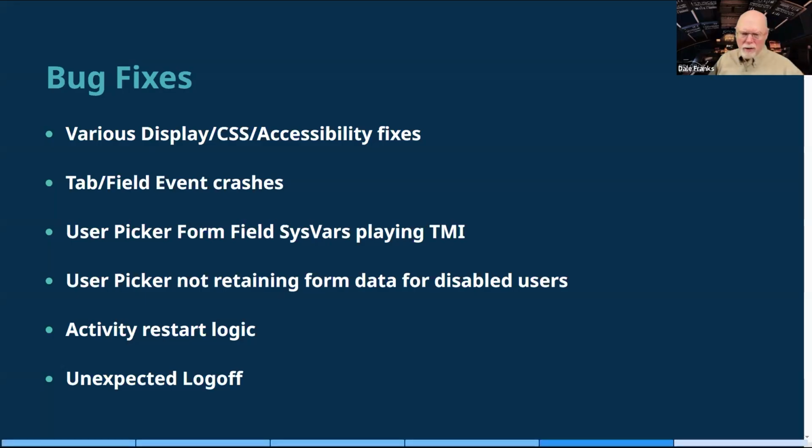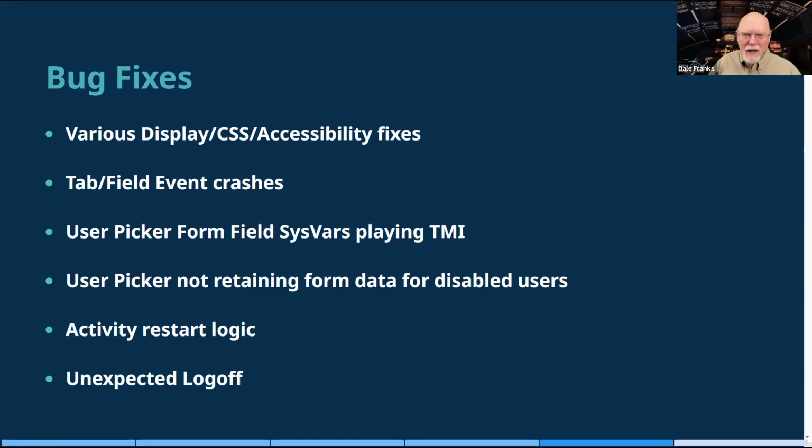A weird issue that I'm not sure where it came from or why, it just cropped up suddenly. If you used the form field system variable for a user picker as a knowledge view column, so there's a whole string of things that have to happen before you see this error, then when you run the knowledge view, you're going to get the information that you want about the user. You're also getting a whole bunch of other information about the user that you necessarily didn't want.